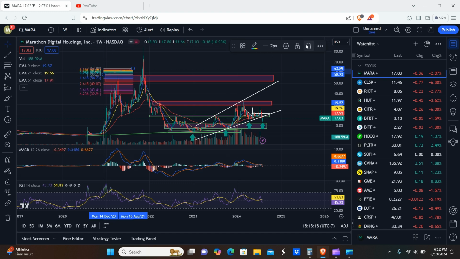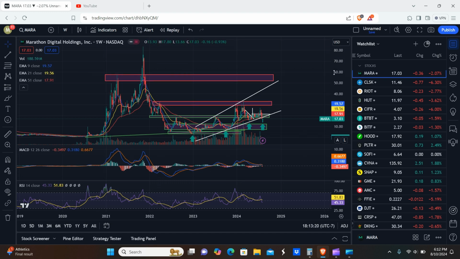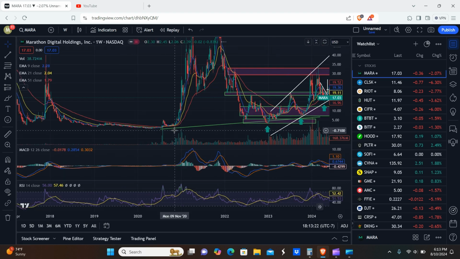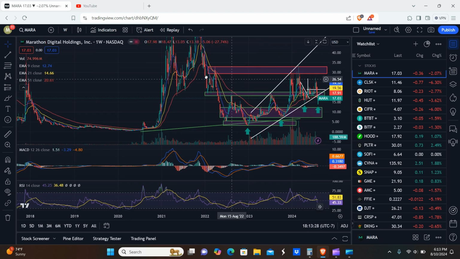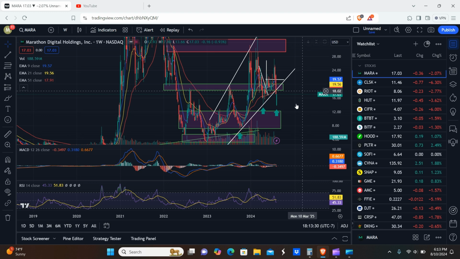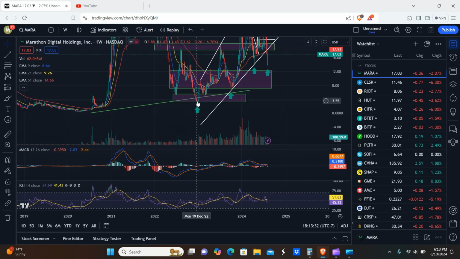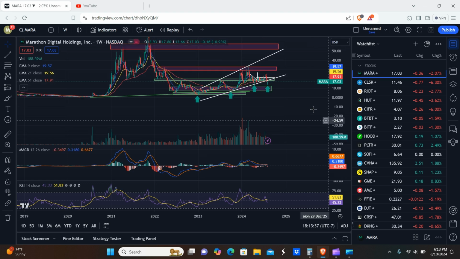I don't know why I just pulled up the Fibonacci's. Sorry about that. Okay, so we're going to look at the bear market lows here on Mara. You can see that was really low. Okay, let's not go with that. Let's go with the most recent cycle here. So basically about $3 on Mara. And then it went all the way up to $33 at the swing high, which again, I do not think is going to be the all-time high for this cycle for Mara, but you can see that was an 11x, right?